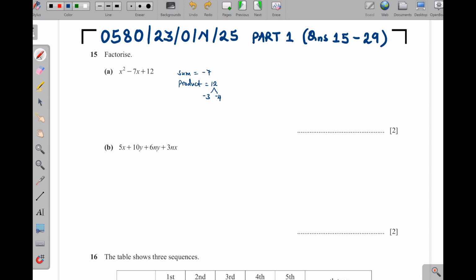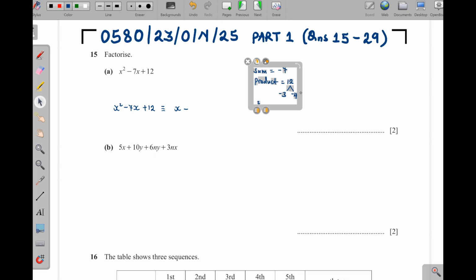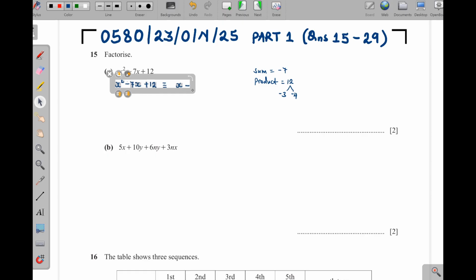That means x squared minus 7x plus 12 is the same as x squared, then in the place of 7, I put these 2 numbers, minus 3x minus 4x,